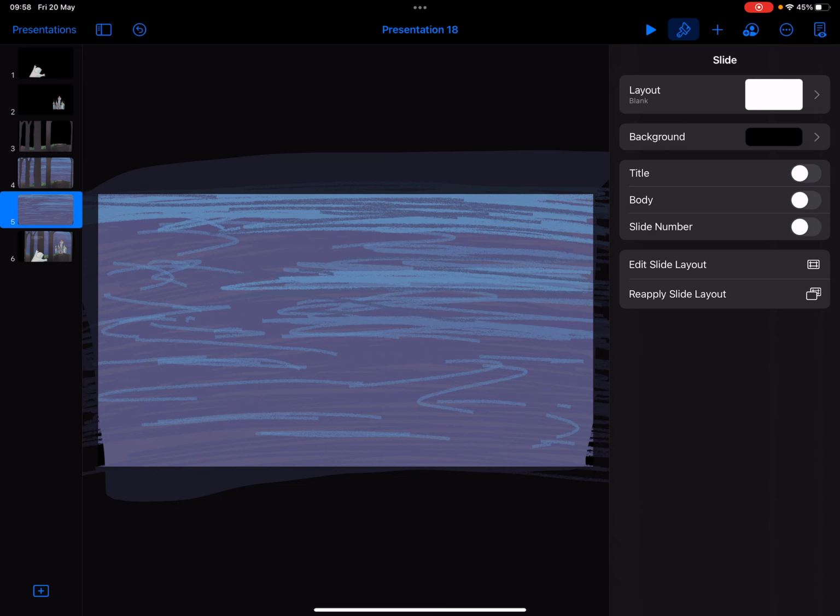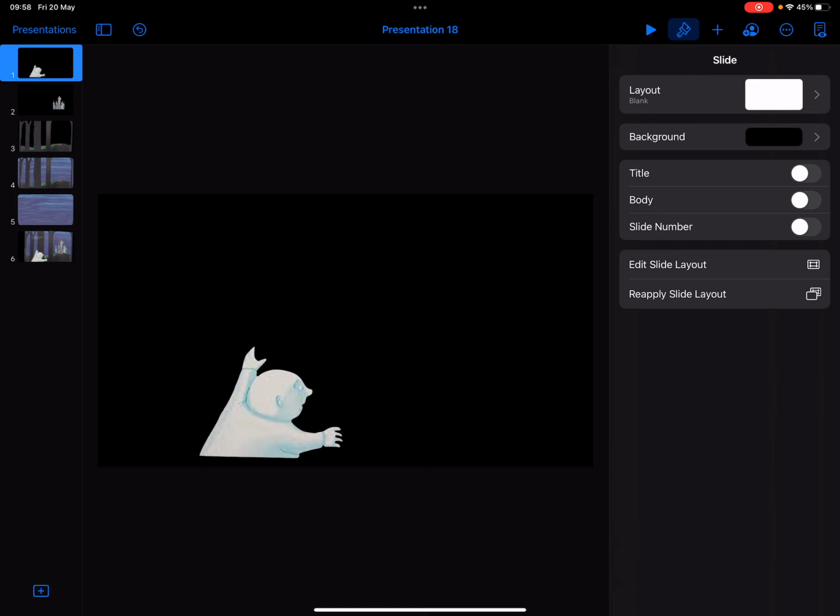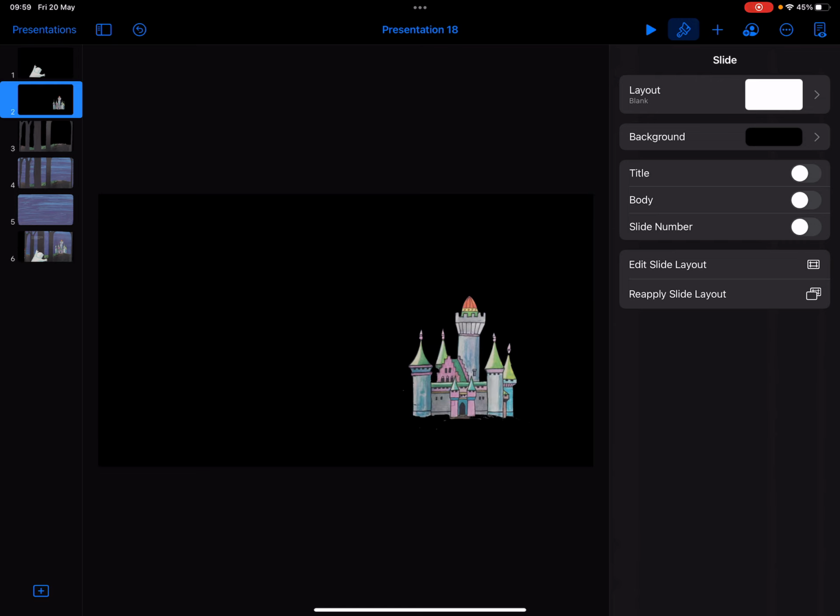What I've got here is a presentation of one of the pages of Moonman, and this is just to give us an idea as to how much further we can go with our animation for the story from what we did in lessons 1, 2 and 3. So in the first lesson we learned about instant alpha and masking and things like that. In the subsequent lessons afterwards, we learned how to start to cut things out and separate them so